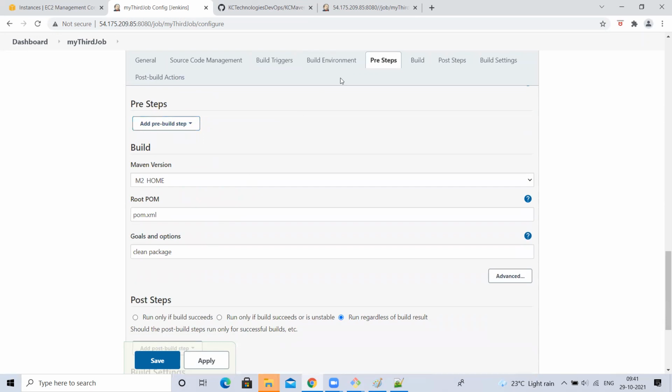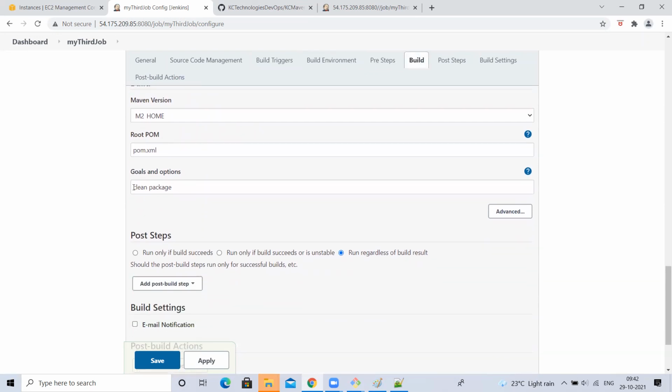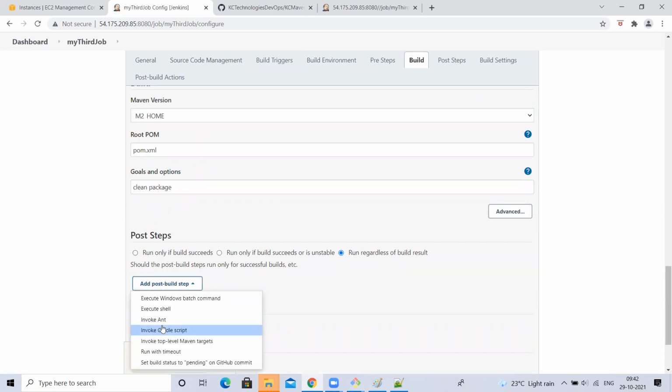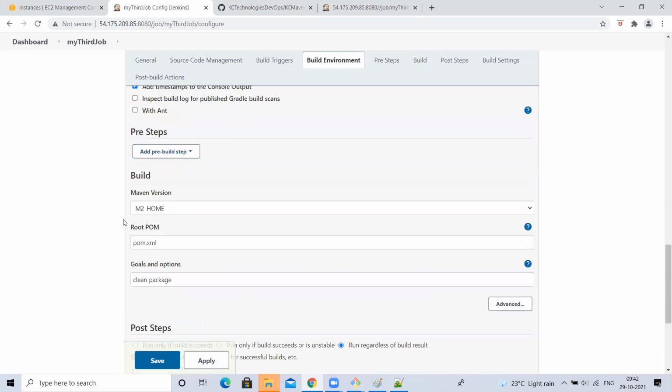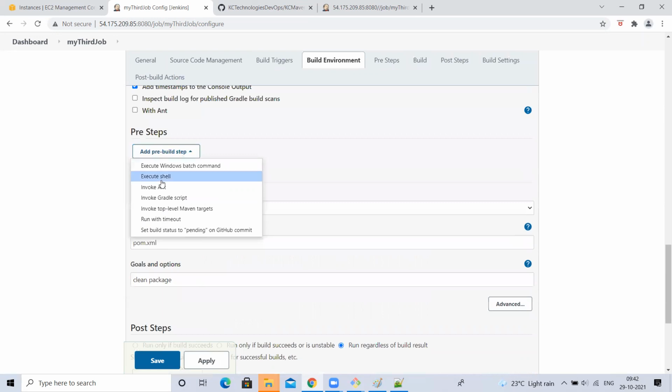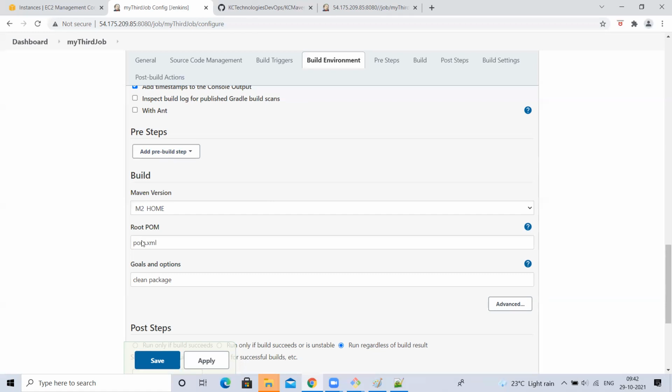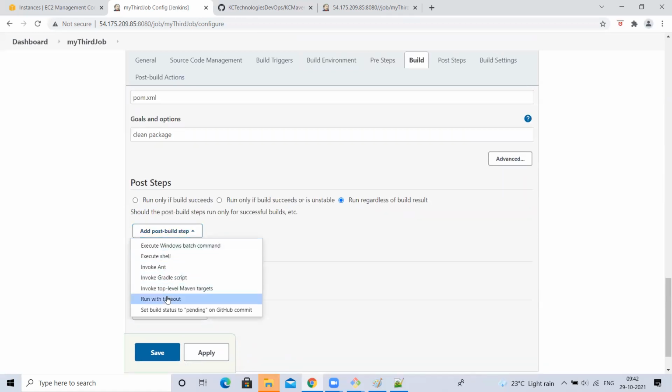And this is for build, right? In the build steps, we'll define how we have to build, either clean package or something like that. Post build means after building, MVN clean package, executing that, if you want to take some actions, like executing a shell script, you can select here. Build is this, MVN clean package executing. This is pre-build: before executing this goal, if Jenkins should automatically execute some command, you can select this. After executing clean package, if you want to do some action immediately, you can take that action here in the post build actions.